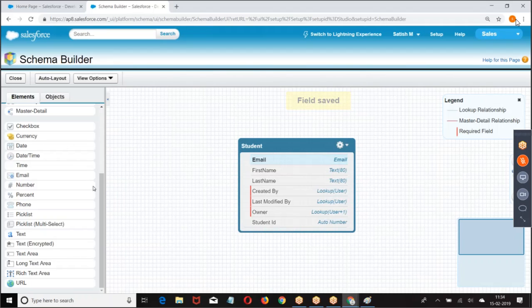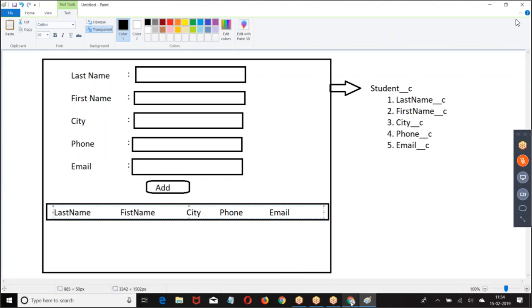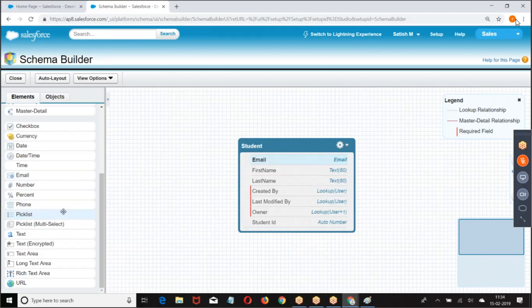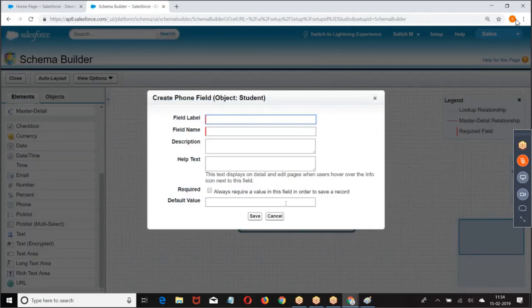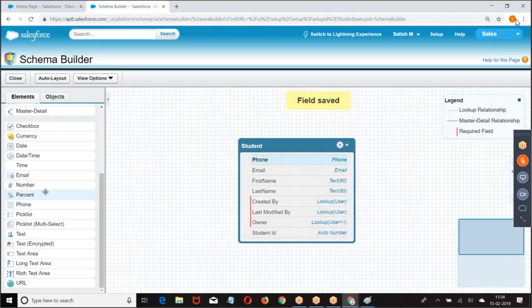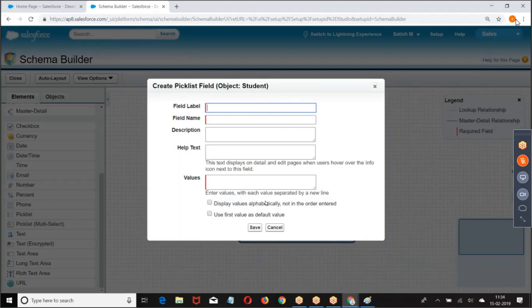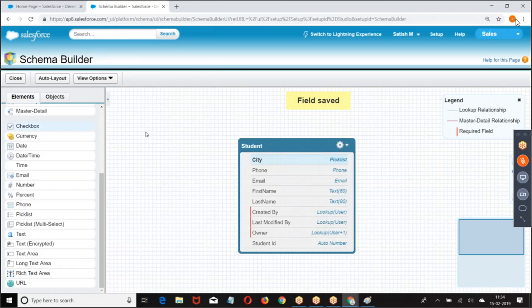Then we have last name, first name, then I have city, phone. I have an object.